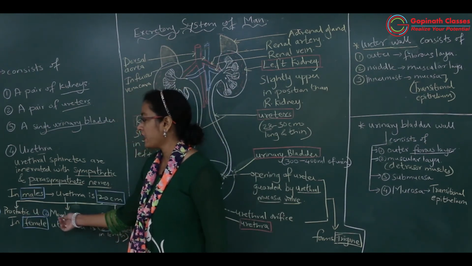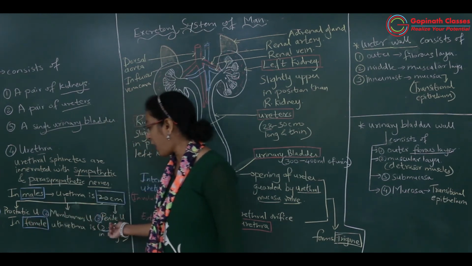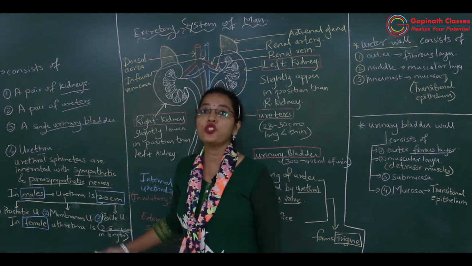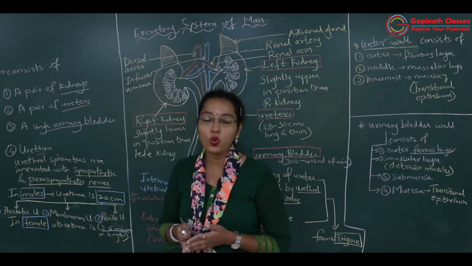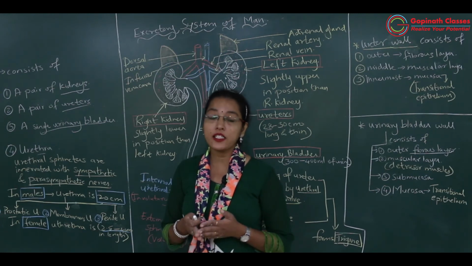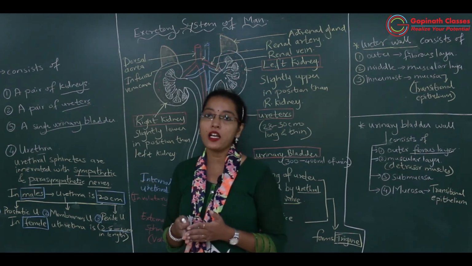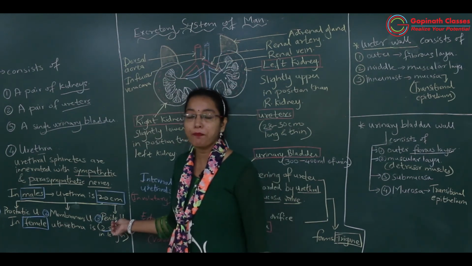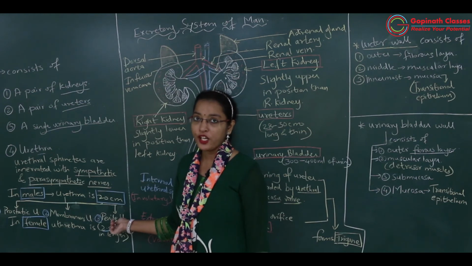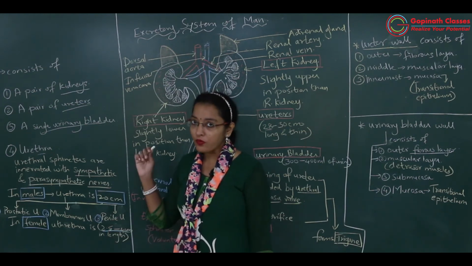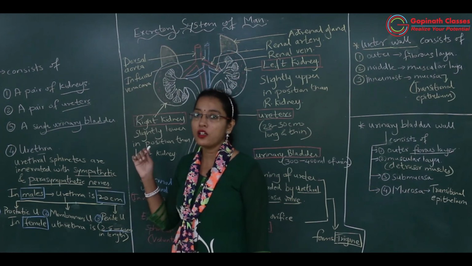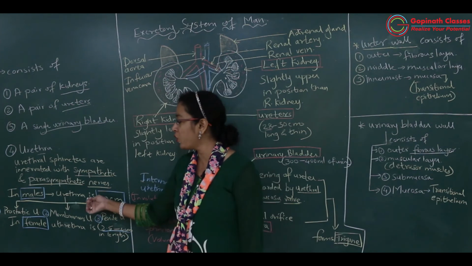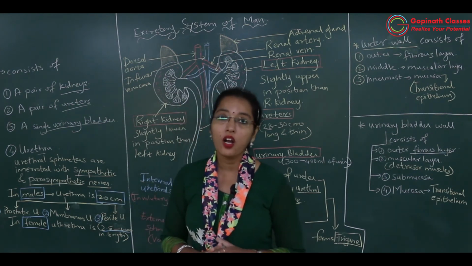Membranous urethra is present between the prostatic urethra and penile urethra, and penile urethra is the urethra which is passing altogether through the penis. And this urethra opens at the tip of the penis. Penile urethra opens at the tip of the penis. So in males, penile urethra will carry semen as well as urine. So that's why urine as well as sperms will be passing through the urethra.